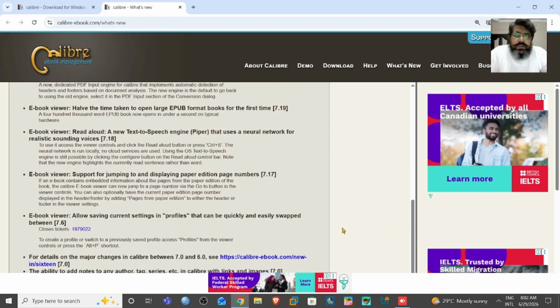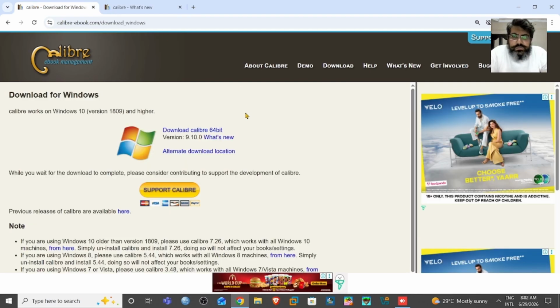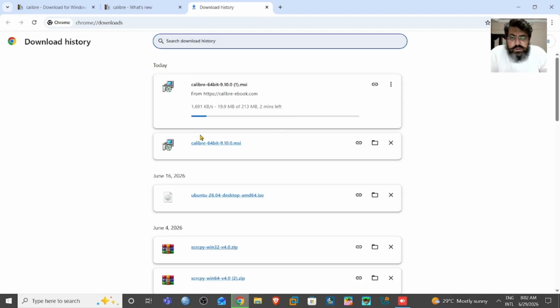So let us install it. First, we need to download this, and when you click on this button, it will start downloading. So there, and it will take some time to download. So I have already downloaded this. So you can see this. It's 9.10.0. So I stop this,